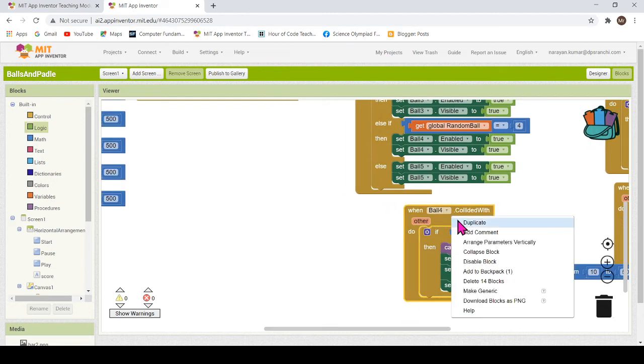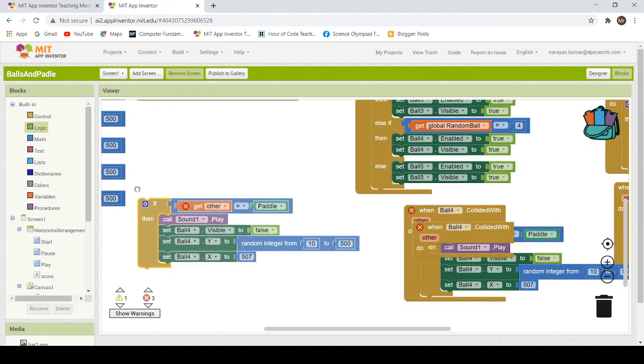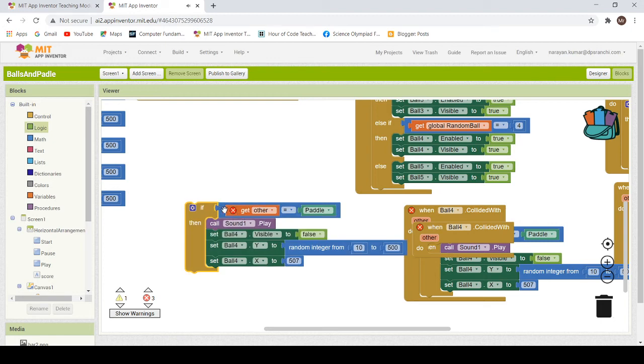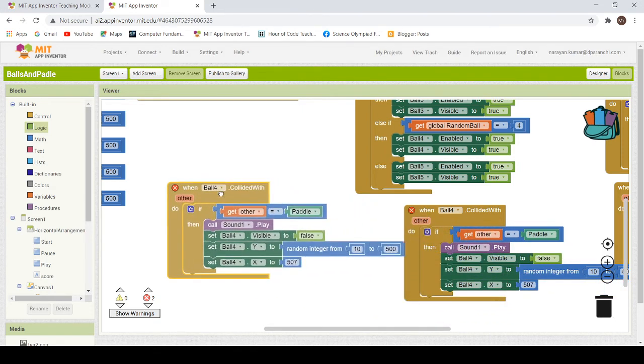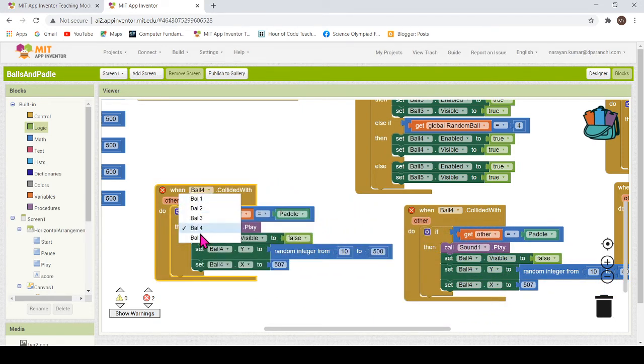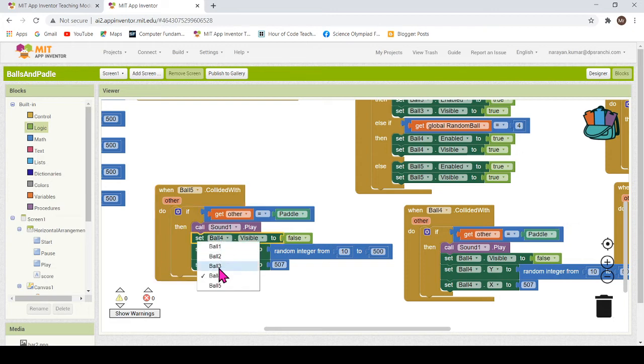And likewise, we are doing for ball 5. Oh, there is no control Z option. Yeah, it is there. So we will drag this and we will say this time ball 5. What happens if ball 5 collides with the paddle?